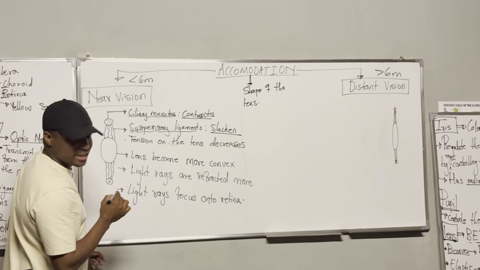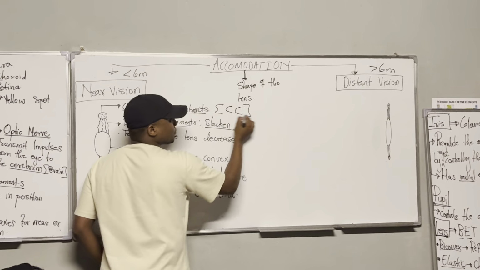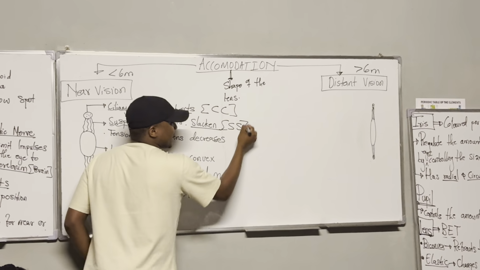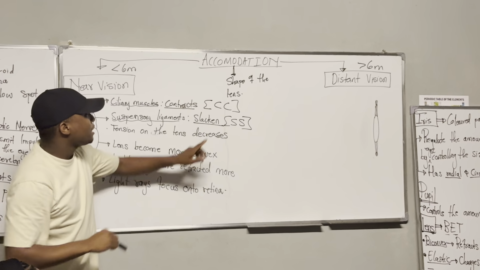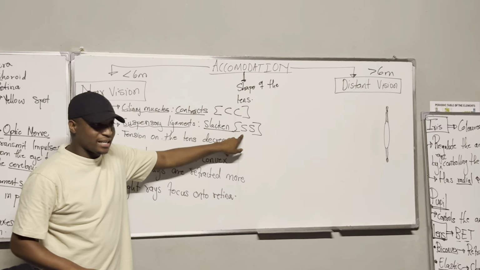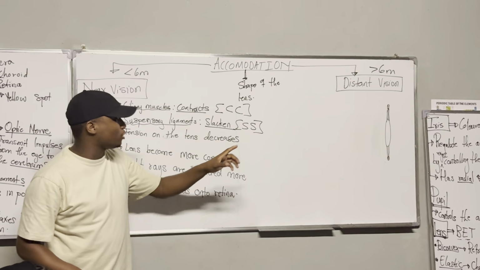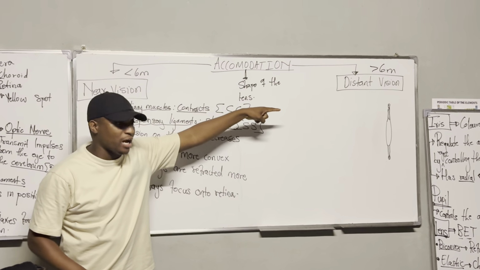The suspensory ligaments. So the way to remember this, you can just say CC. And then here you can just say SS. So meaning here, the ciliary muscles, they what now? Contract. Then the suspensory ligaments, they what now? Slacken. So once you have that, you won't make mistakes because they will do distance vision now as the opposite